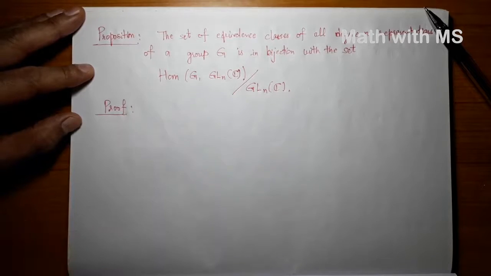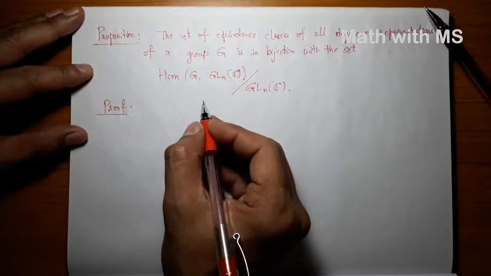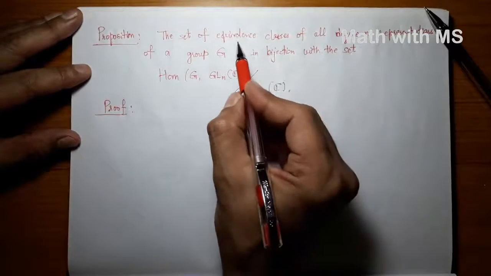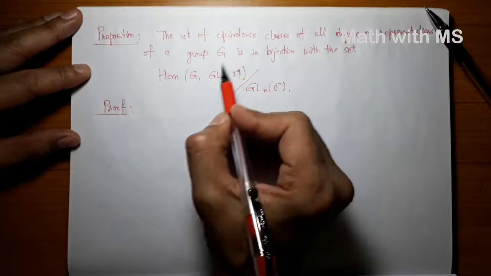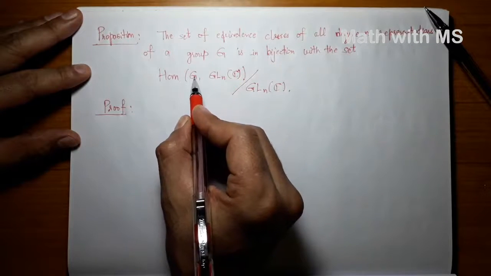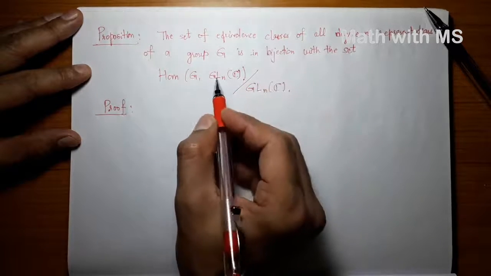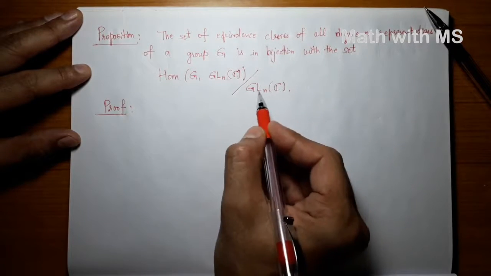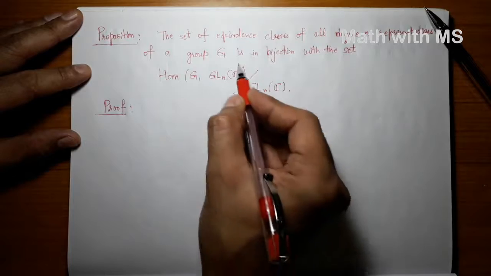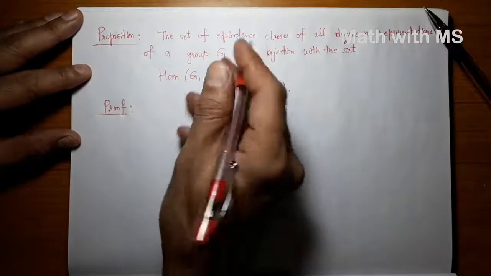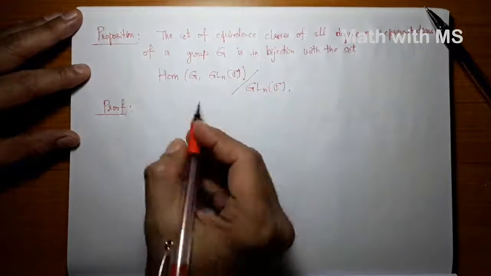Nevertheless, let us write a few lines of the proof. If you take any representation, it is a homomorphism from the group G to GLnC. And what is an equivalence class of this? It is just conjugation by an invertible matrix, if you see it in terms of matrices. So therefore an equivalence class sits inside this.